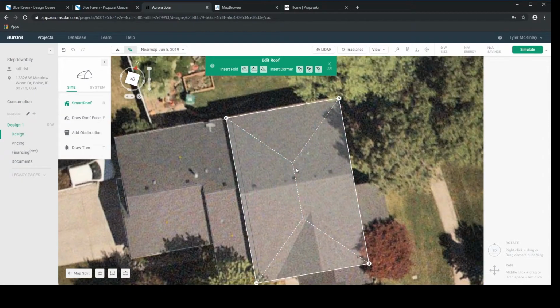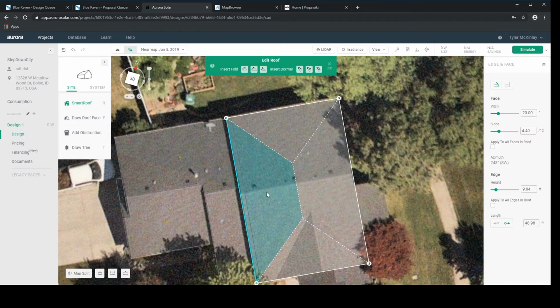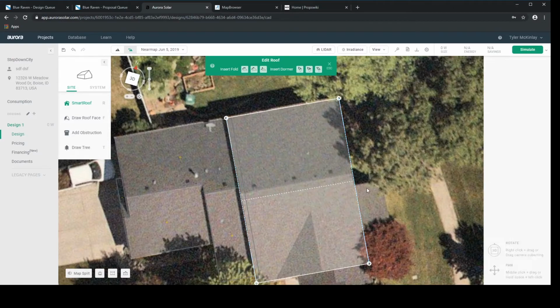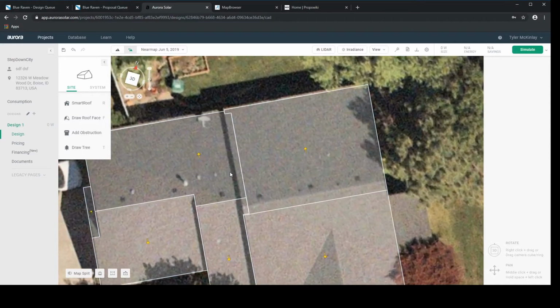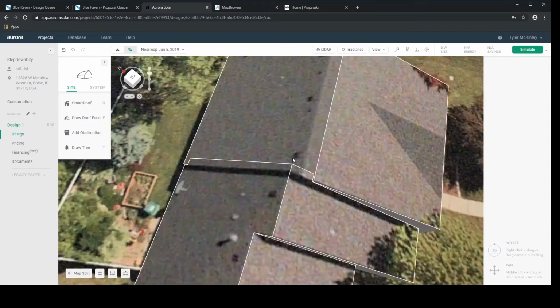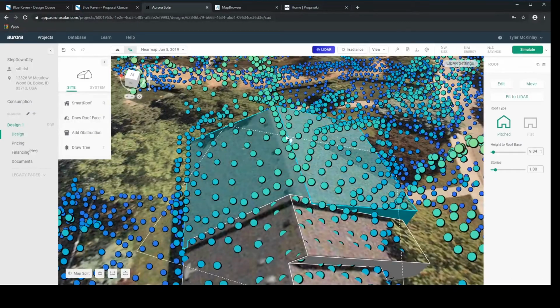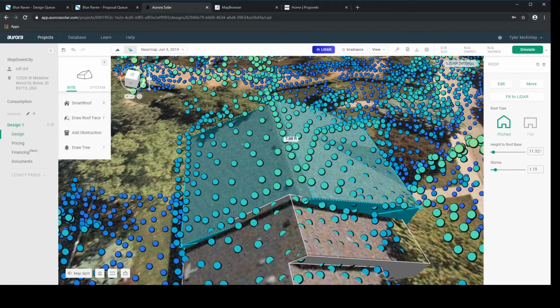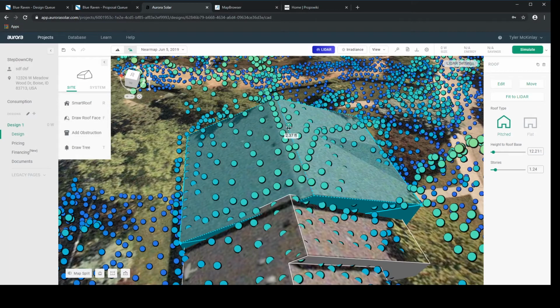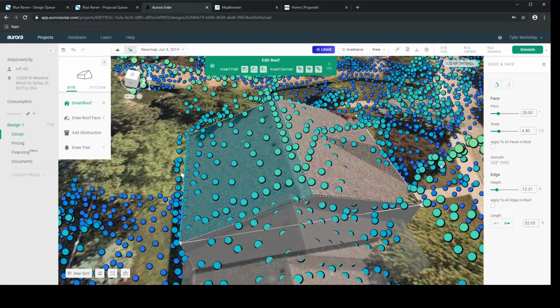Now, once again, we just need to delete 2 roof faces. This ridge is cutting through both of these triangles and they're facing the wrong ways, so we're going to delete both of them. Now you can see that this is kind of overlapping our other roof. But once I match it to LiDAR, we'll see that the lower section that overlaps my upper section will just disappear. So I'm just going to make sure the gutters are matched up, then select my roof face, click Apply to All Faces,